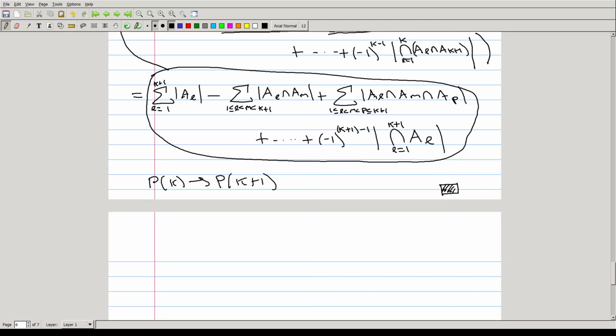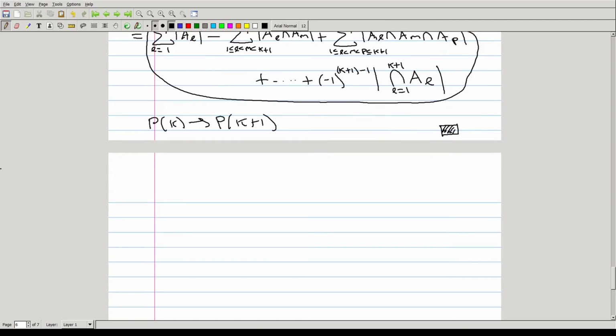So the last thing that I wanted to talk about and explain was the concept of strong induction, which is sometimes seen as a better way of using induction, or a different way of doing an inductive proof. And I'll explain this as follows. So the idea behind strong induction